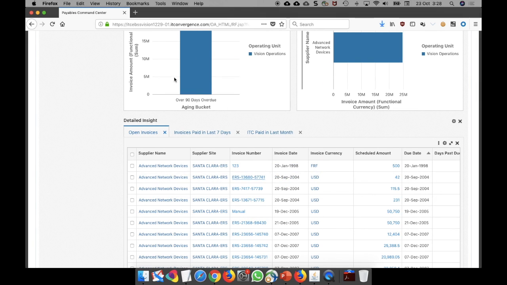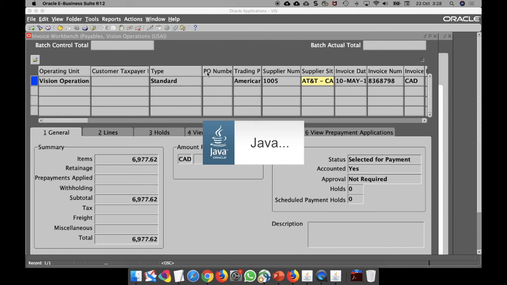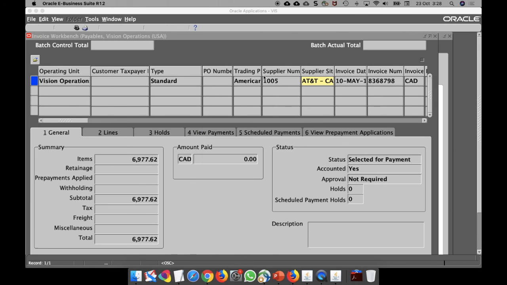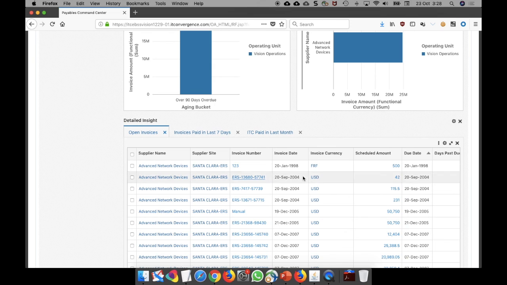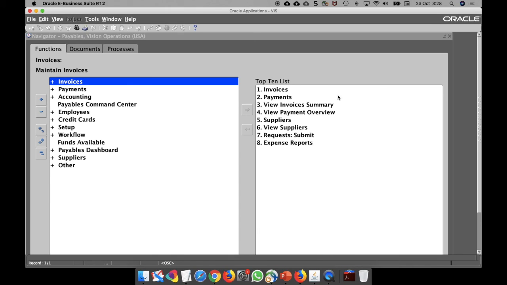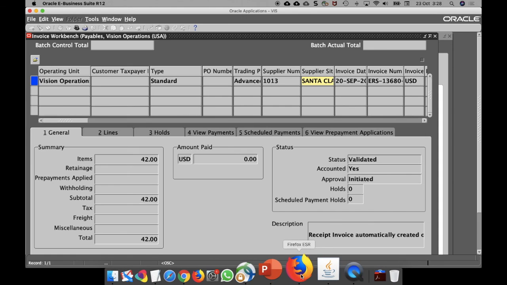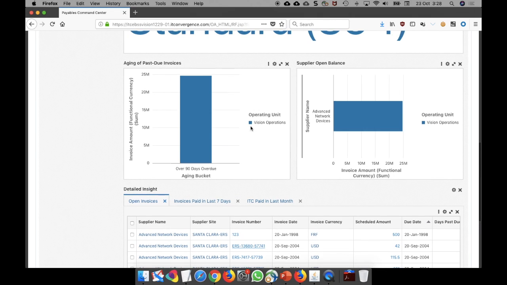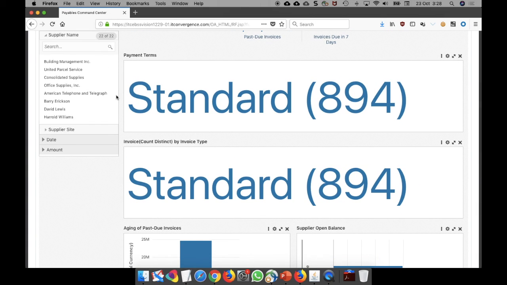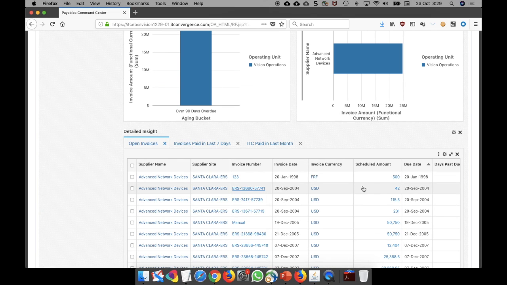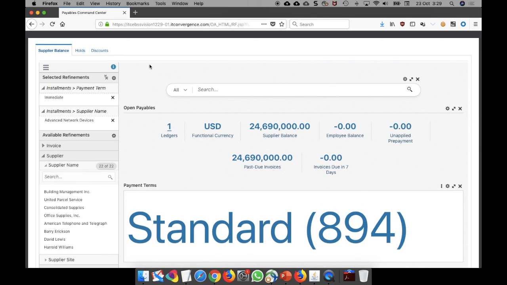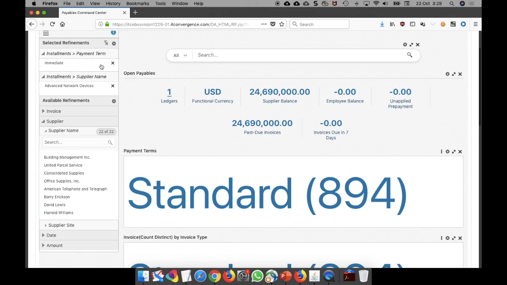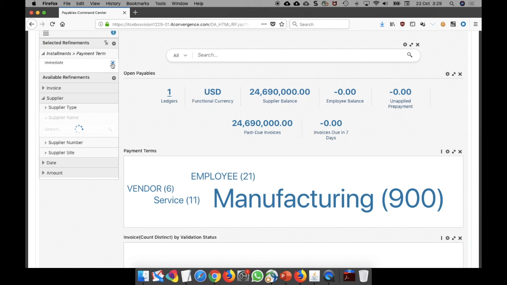I'm going to click on the invoice number, and it will automatically open the forms, and it will pop up that specific invoice. Here is eBusiness Suite searching, and it will open up that invoice. So as you can see, here is the invoice. Now I can search and filter the information, and based on how I filter it, I can drill down to eBusiness Suite. Everything is automatically refreshing based on the information that I have available